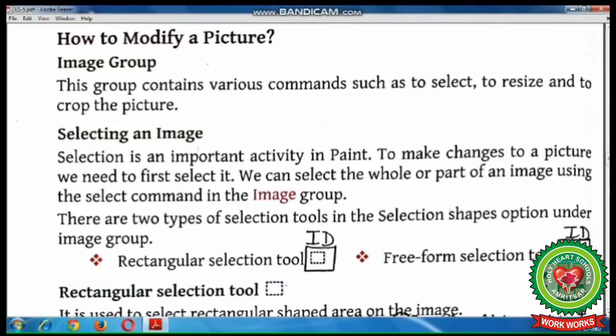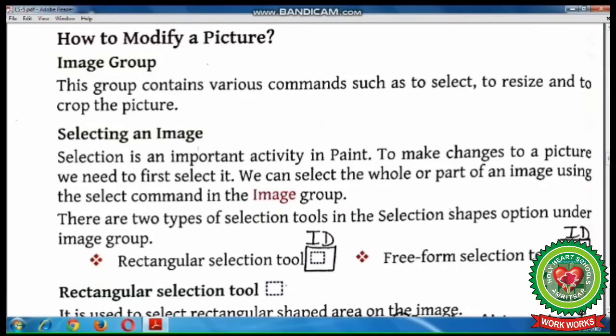Image group contains various commands such as to select, to resize and to crop the picture. We will discuss all these commands one by one.